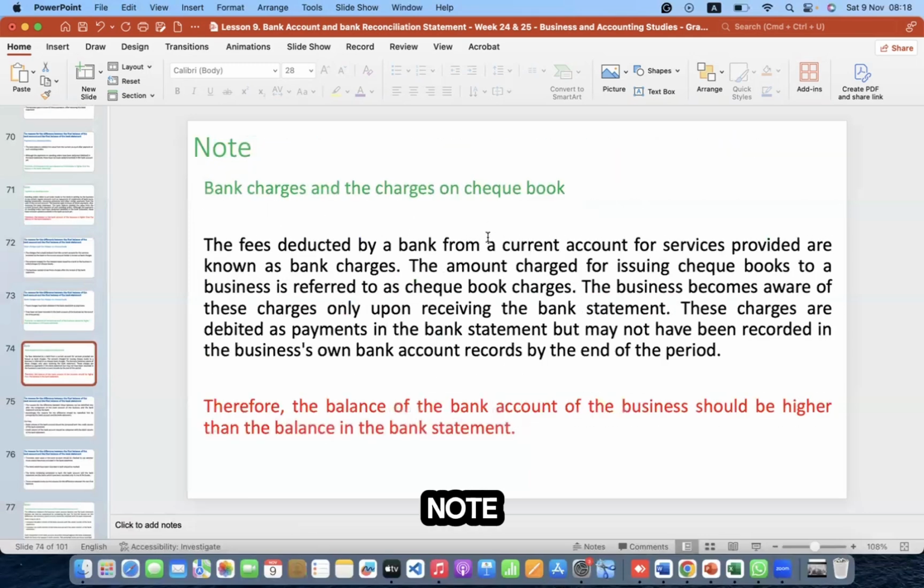this is the note. What you can do is I will keep this for a small period of time and I will read this out. Bank charges and the charges on checkbook. The heading: the fees deducted by the bank from a current account for the service provided are known as bank charges. The amount charged for issuing